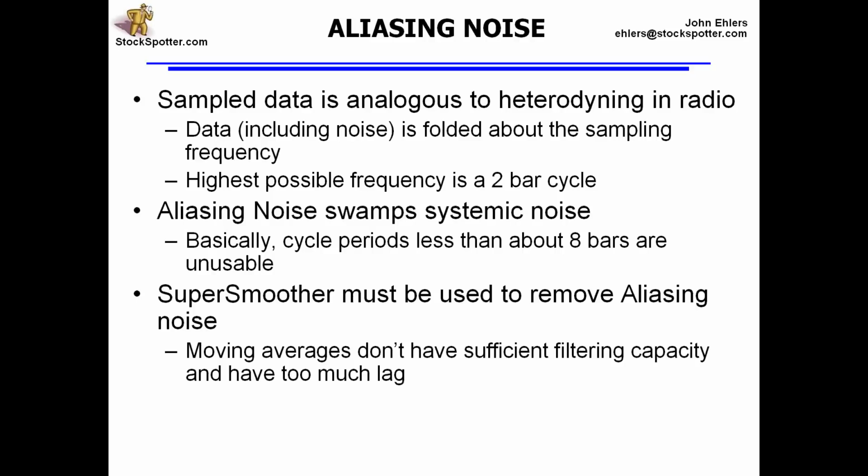In fact, it is larger than some of the real data that might be up around 10 or 20 bar cycles. So you have to get rid of it by filtering. You just can't use real short cycles because it's swamped, but you have to get rid of it anyway because it's stronger than the real data that you're trying to